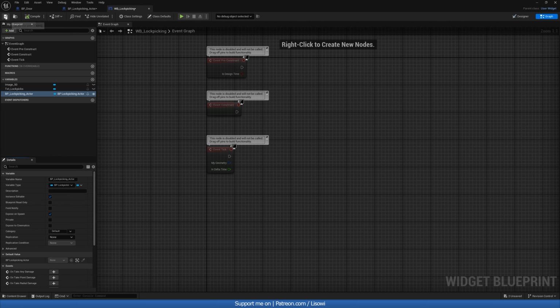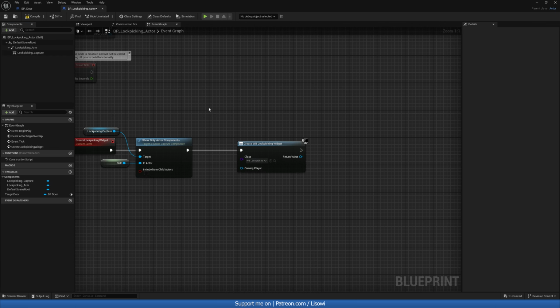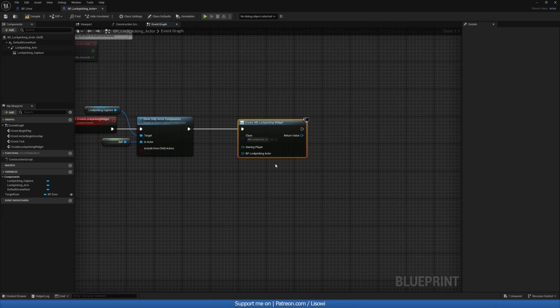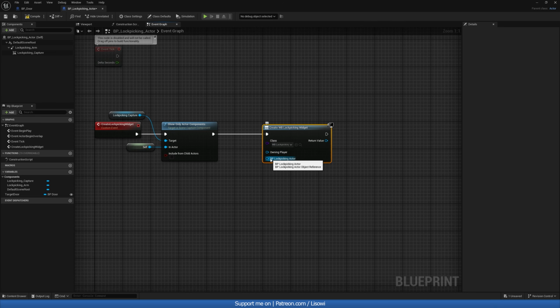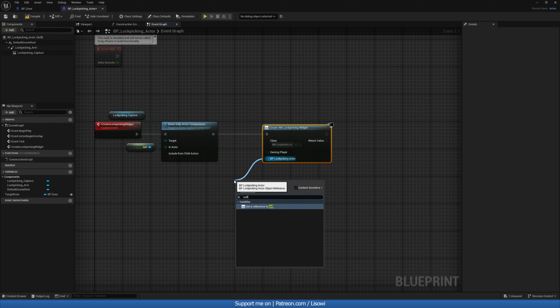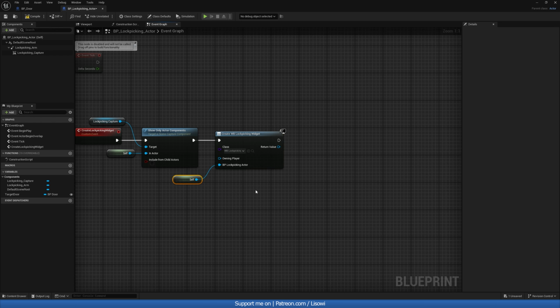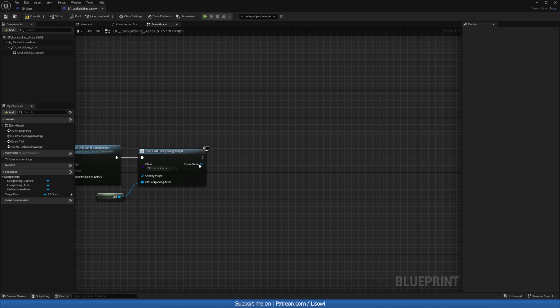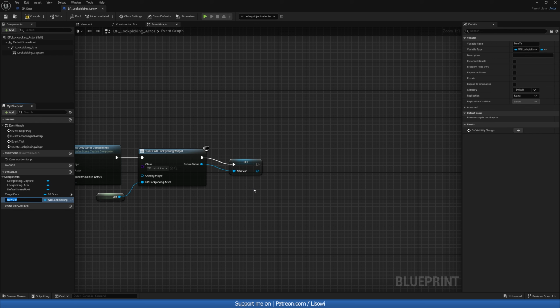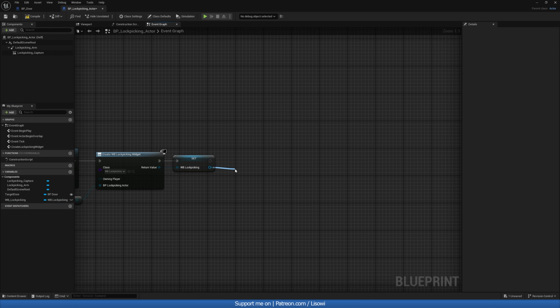So compile, save, and now we can exit. In here, if we refresh that, it should give us an option. There we are, lockpicking actor, and this will simply be ourselves again. Okay. With that then, we can do a promote to variable, and we'll call this WB_lockpicking. Okay. After this, we'll add this to the viewport, and then we want to